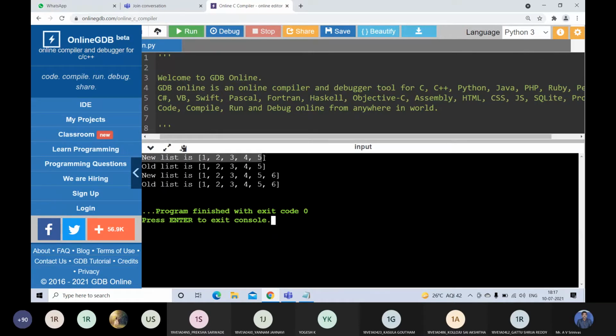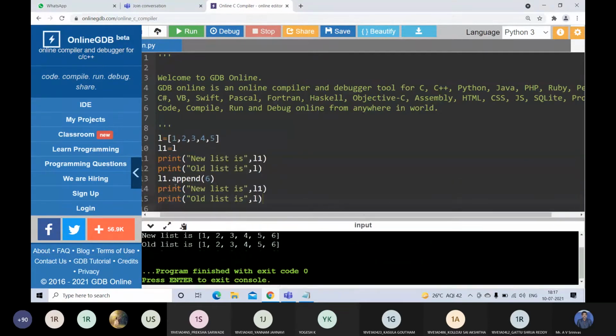First new list is 1, 2, 3, 4, 5, old list 1, 2, 3, 4, 5. Again the new list is 1, 2, 3, 4, 5 and the old list is also 1, 2, 3, 4, 5, 6, because whenever you modify the new list, that also modifies the old list. That is the problem with this assignment.